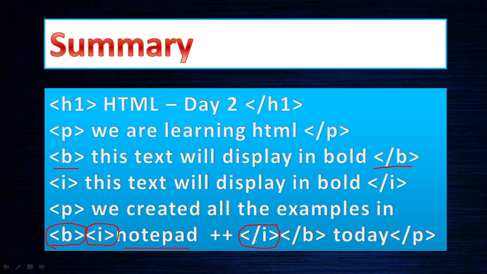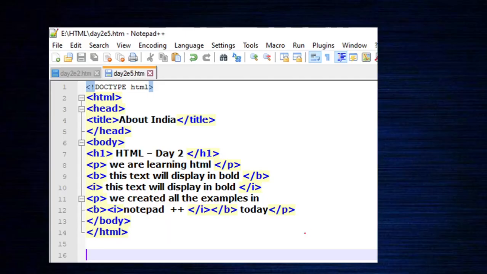So here, first you need to close the I, because we are using the I last, therefore it should come first, and the B last. Don't write B then I, okay? Once you execute this, you can see how it will be in Notepad++. Once you type it in Notepad++, pause this video, write this down in a notebook, and then type it in Notepad++.